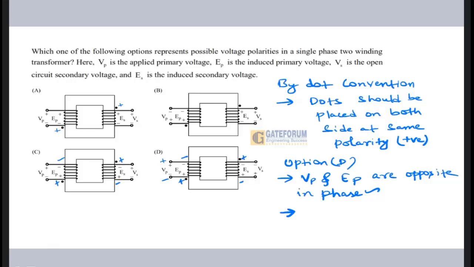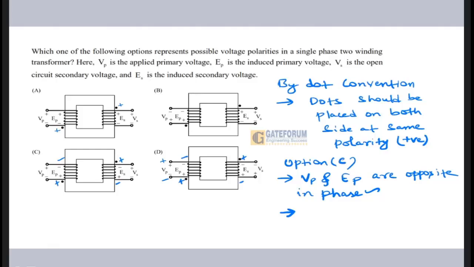So option C, because if you see in option D, ES and VS are opposite in phase. If you see the dot polarity, wherever dots are placed I'll put a positive sign, so it is plus minus and this is minus plus. So these are in opposite phase, so it will not be taken. So option C, if you see